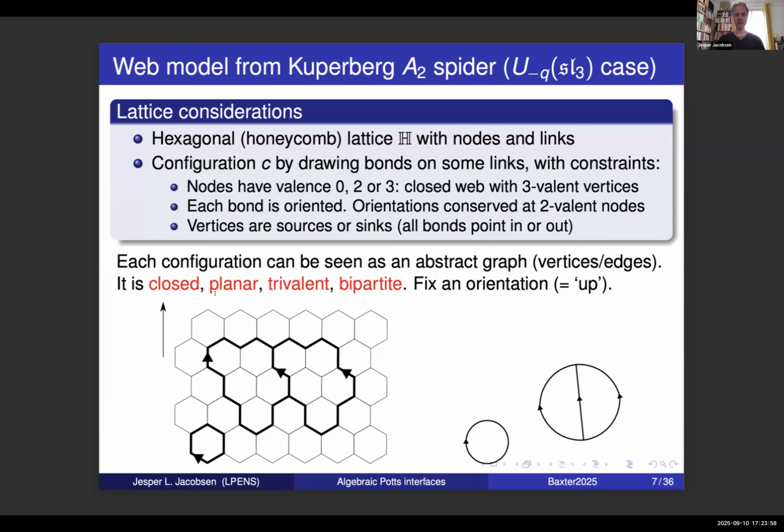Indeed, what is propagating around loops in the usual loop models are fundamental representations of U_q(sl_2). And here in U_q(sl_3), I have two types of fundamental representations. The difference between them is exactly given by this arrow. So I have the fundamental representation with an up arrow, and I have the dual fundamental representation whenever a link is oriented in the down direction.